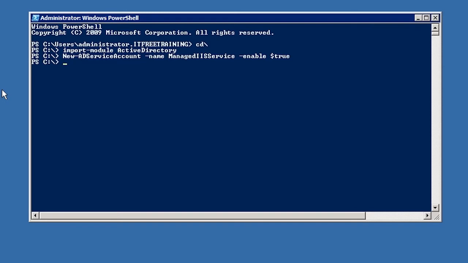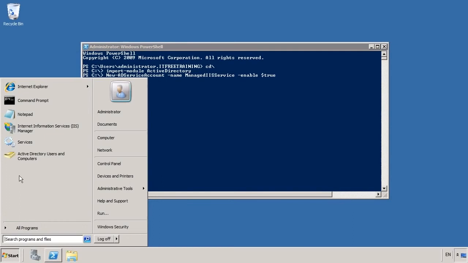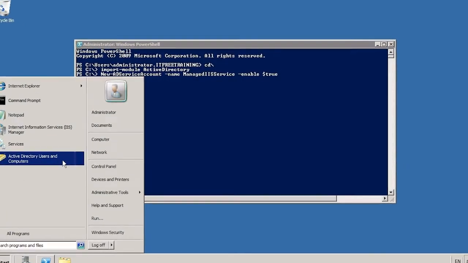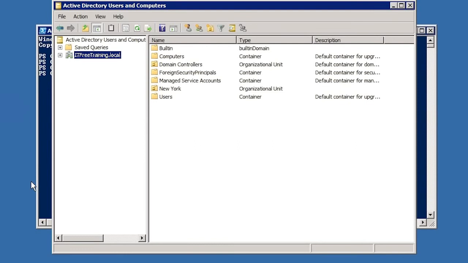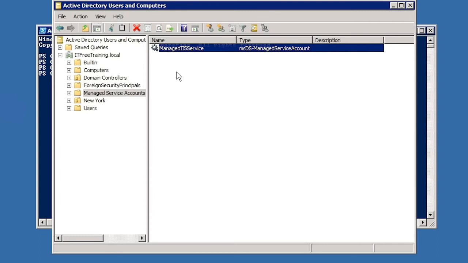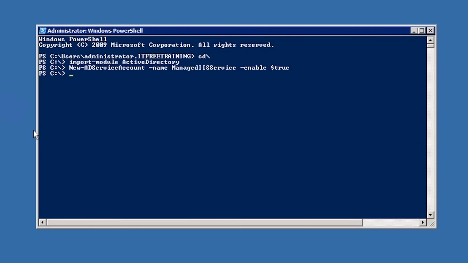This server is not a domain controller, but since it has Active Directory tools installed, it is able to create the service account in Active Directory. If I now open Active Directory Users and Computers from the Start menu, I can see the newly created service account by expanding down to Managed Service Accounts. Any managed service account will appear in here. It should be remembered that even though it appears in Active Directory here, it is still tied to the one computer. If I minimize Active Directory Users and Computers and go back to PowerShell, I next need to associate the